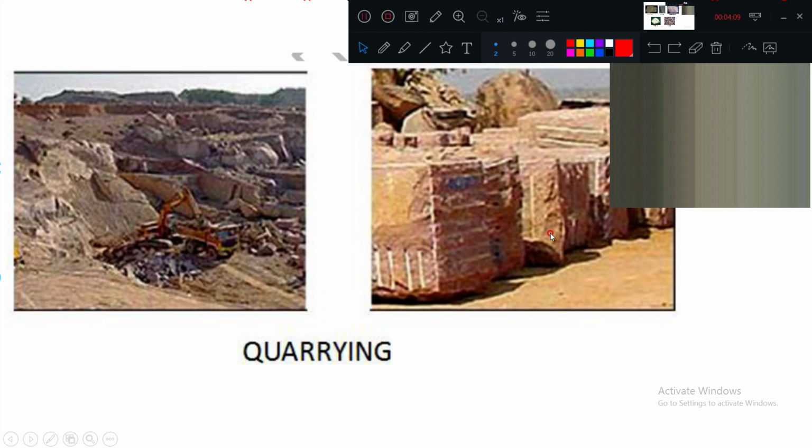Now this is a photograph showing the quarrying procedure or quarrying process. Quarrying is nothing but getting the stones from the site, and later these are transported to dressing works. After the dressing operation, we are going to use them in the construction work. This is one photo showing the quarry operations. We'll see them one by one. In the beginning I just put the photographs for easy understanding.